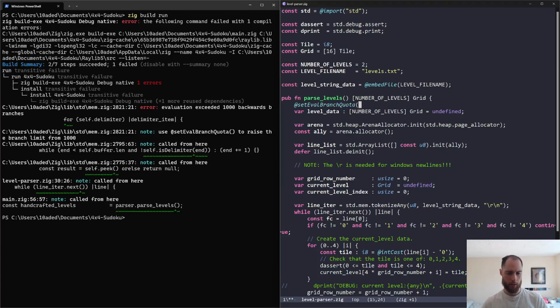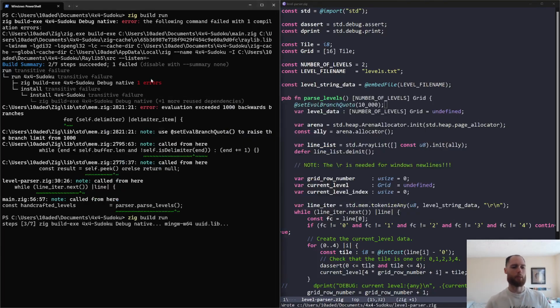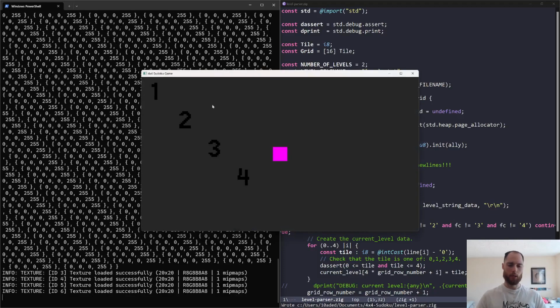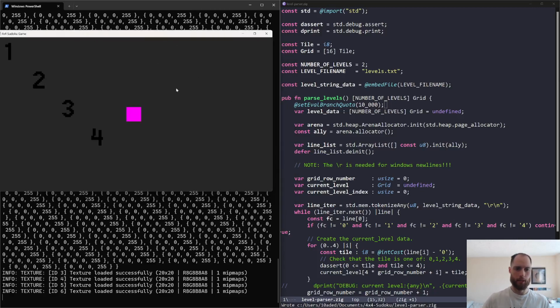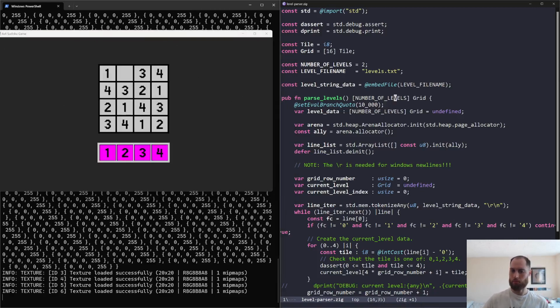Is this going to be enough? Let's move this to say like 10,000. We'll see if this compiles now. Okay, it did. And great, our levels seem to be in here. So let's actually test these out. Let's create a different level. So now we can go back to our levels,